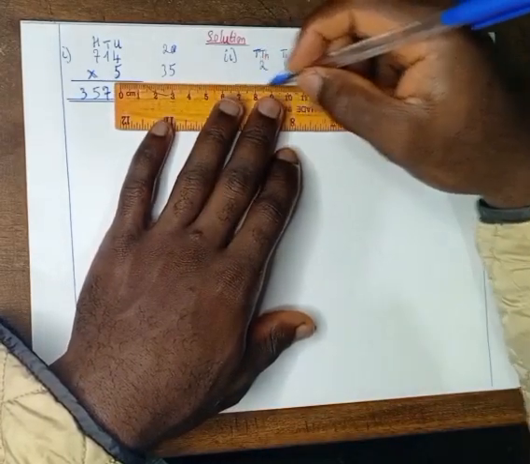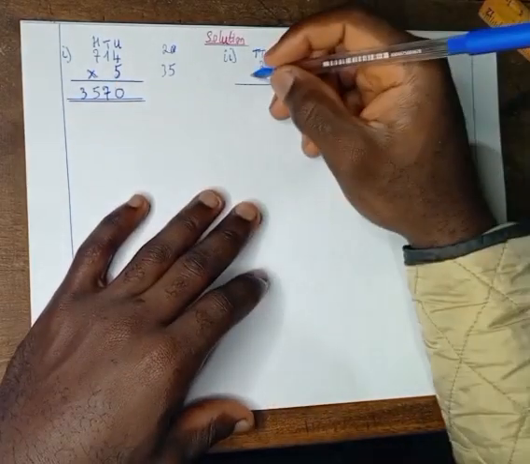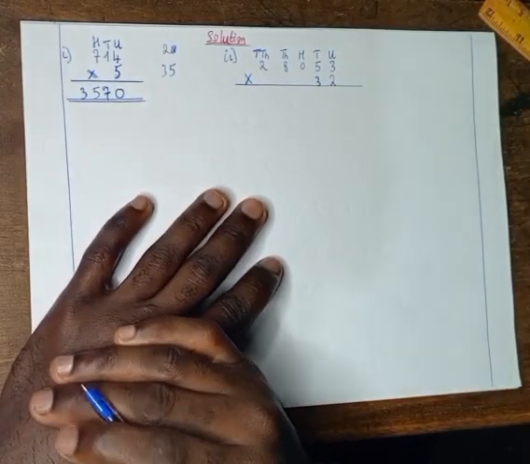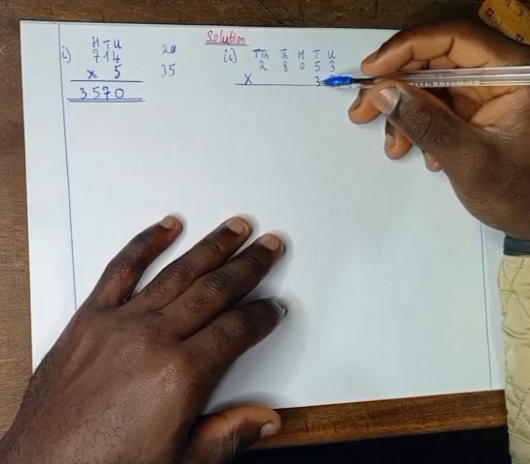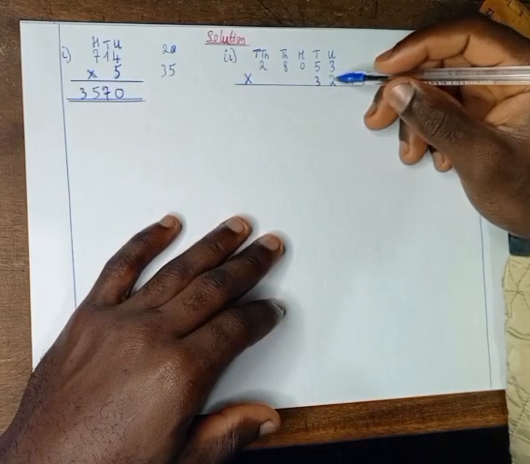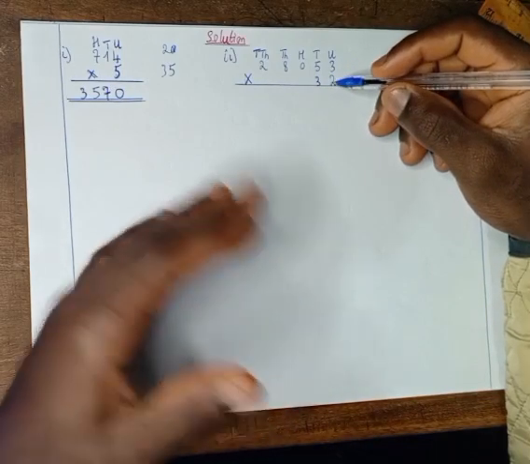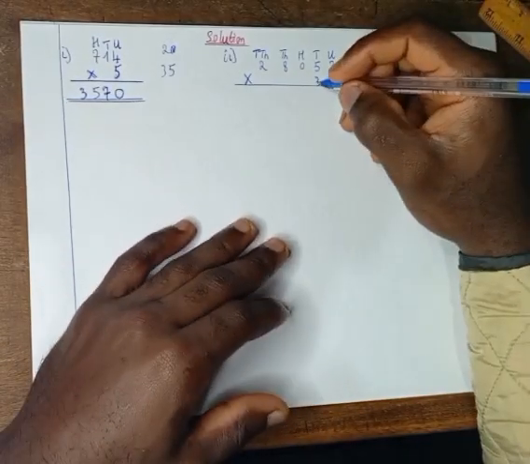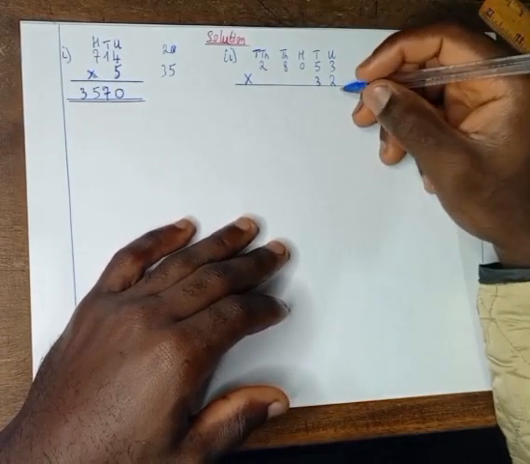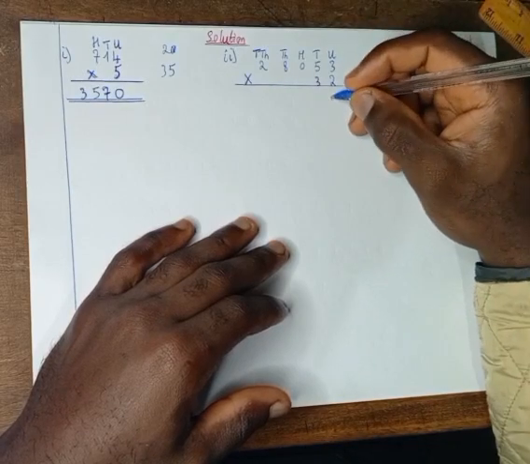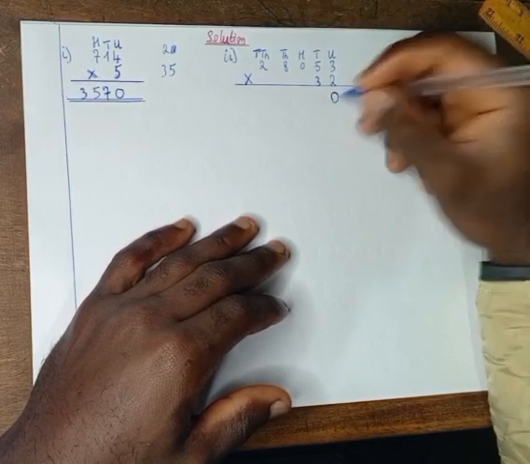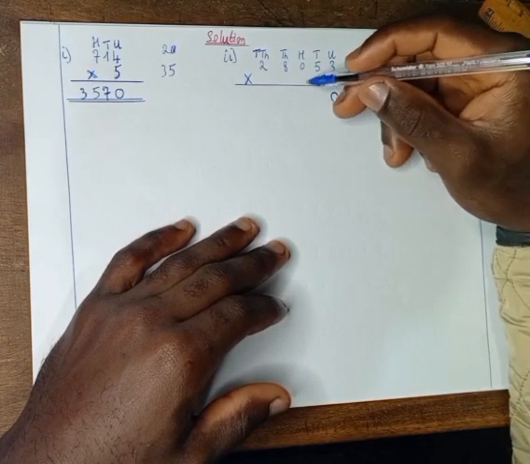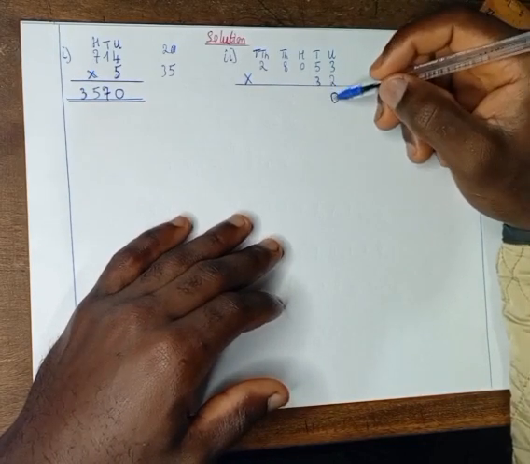Then we are going to draw this horizontal line. We put an X here for multiplication. Next, we are going to decide whether you start with 3, which has a place value of tens, or you start with 2, which has a place value of units. You'll still end up having the same result. So if we start with 3, we are going to fix a 0 under the units as such. If 3 had a place value of hundreds, then we would fix a 0 under units,